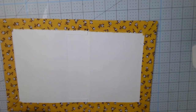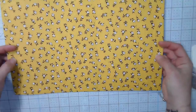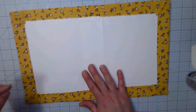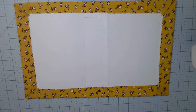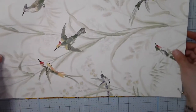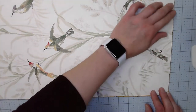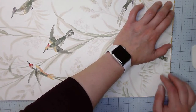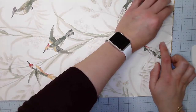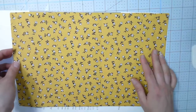All right, so here's what we have so far. Okay, let's see. Here is where I always mess up. Always. Does not fail. It's just part of my MO. So I try to leave that little piece, and I always...